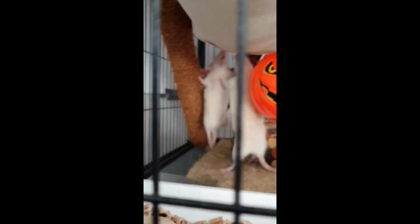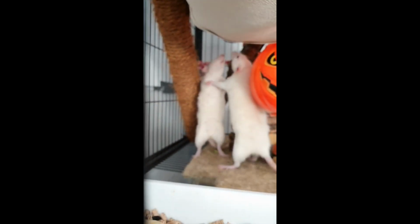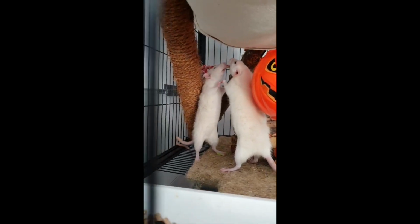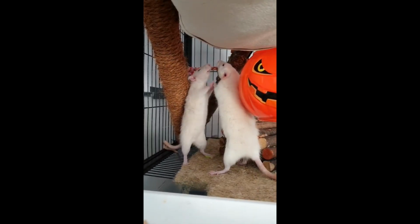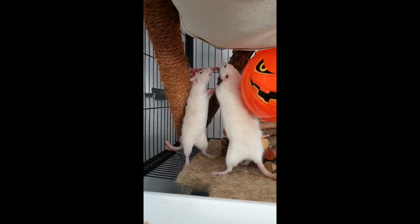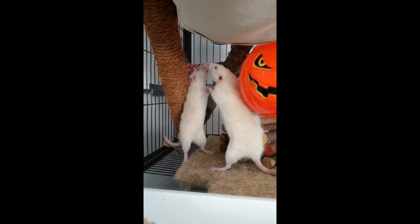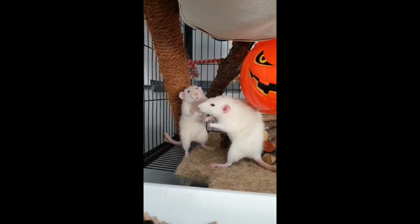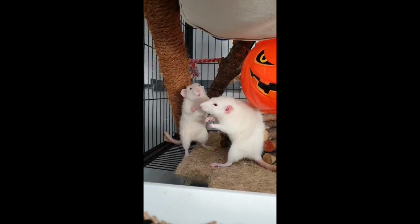Now these two girls seem to be posturing quite dramatically, as girls often do. But it's actually with less intensity in terms of aggression. They maintain the gap between their noses and their hands for most of the session. Then there's a drop away, and as the larger rat turns their back, it gives the opportunity for the young